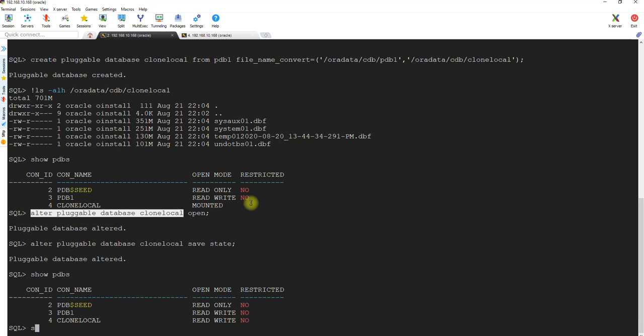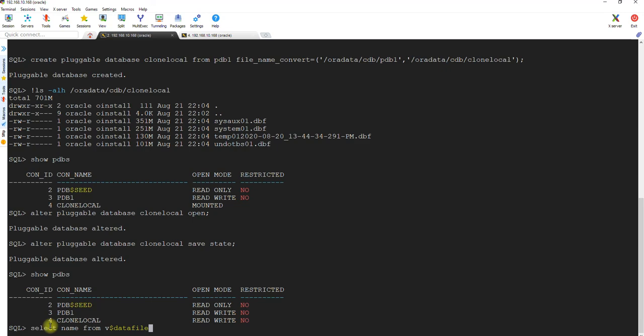So this is container ID 4, right? So we will say select name from v$datafile, and you guys might have a confusion or a question regarding whether the admin user has been created or not.